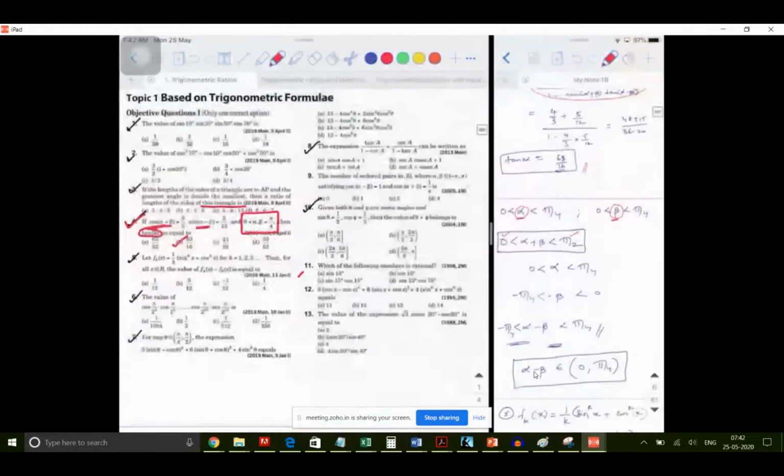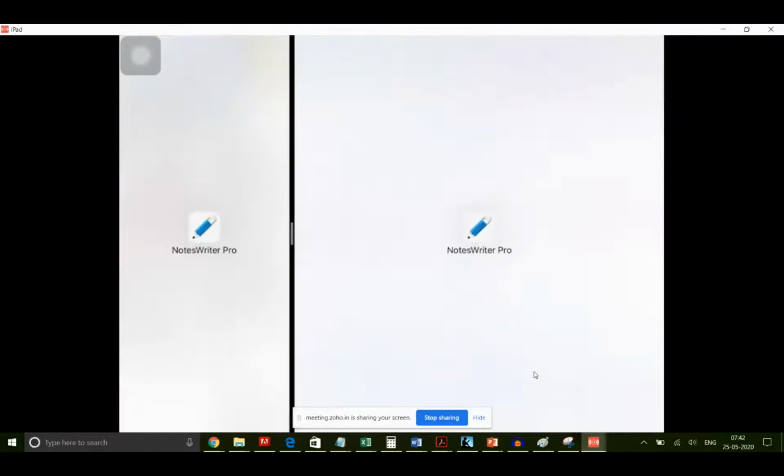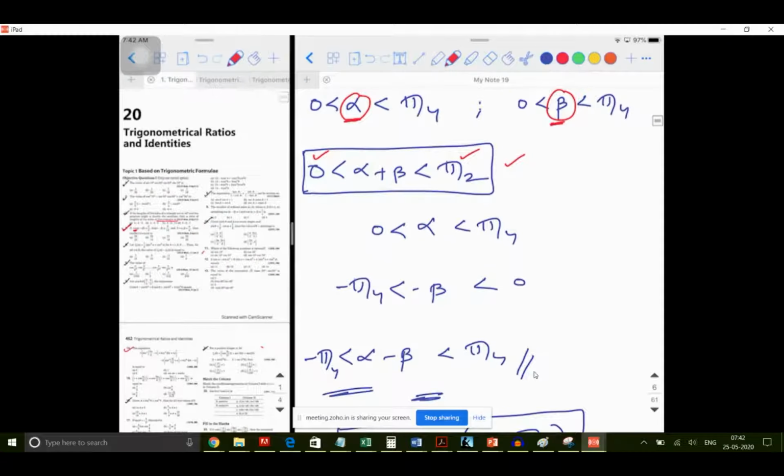So what we can conclude from here is, which parameter is concerned about alpha plus beta? It is cos. So when you have cos alpha plus beta equal to 3 by 5, and you want to find the tan out of it, you need to know the quadrant in which it is present. Alpha plus beta is going to be a particular angle, right? From this concept we can understand that alpha plus beta is going to lie in the first quadrant. Since it is in the first quadrant, cos alpha plus beta and tan alpha plus beta both are going to be positive. Had the angle been something else, there would have been a definite confusion that would have arisen.